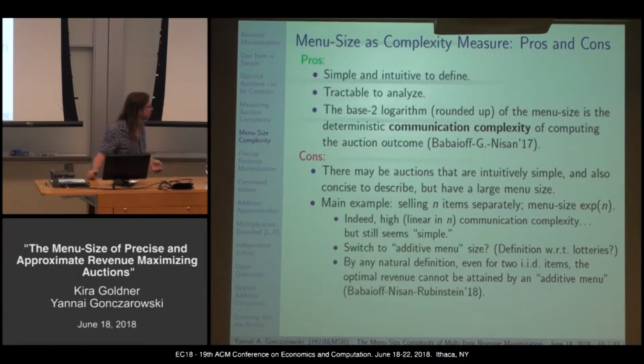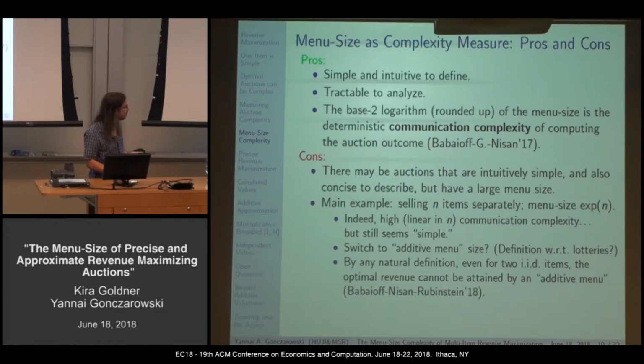There's a new result in this EC saying that however you define additive menus, and there's something to be defined there once you have lotteries. If you pick two rows, this has 20% probability, this has 30% probability for item 1. Do you get the sum of the probabilities? Do you make two independent draws? There's stuff to be defined there, but however you define at least the natural ways that